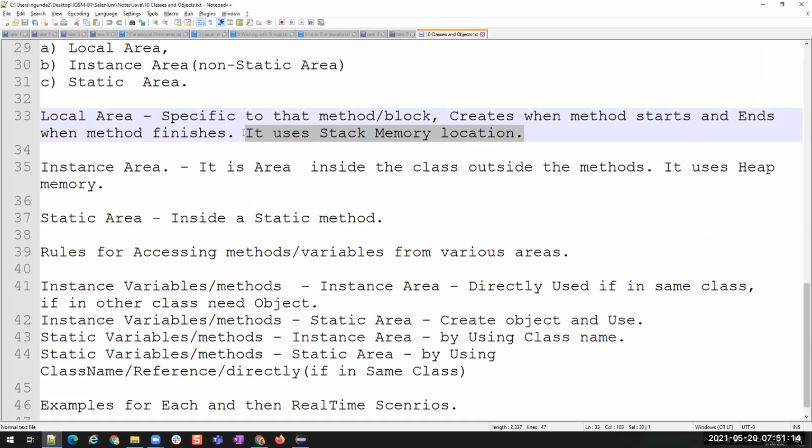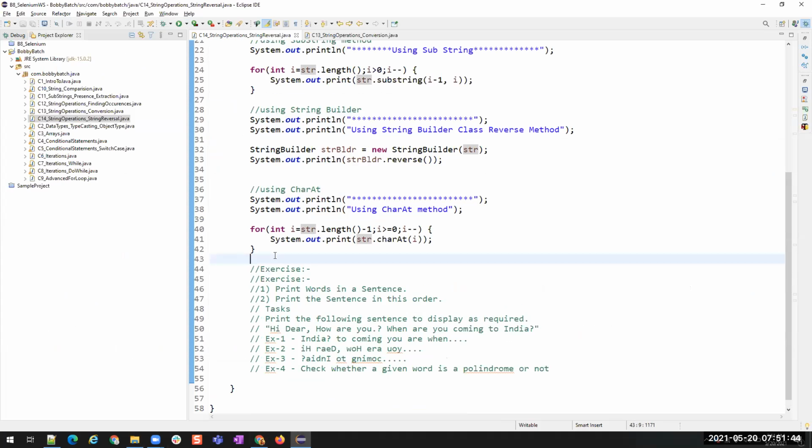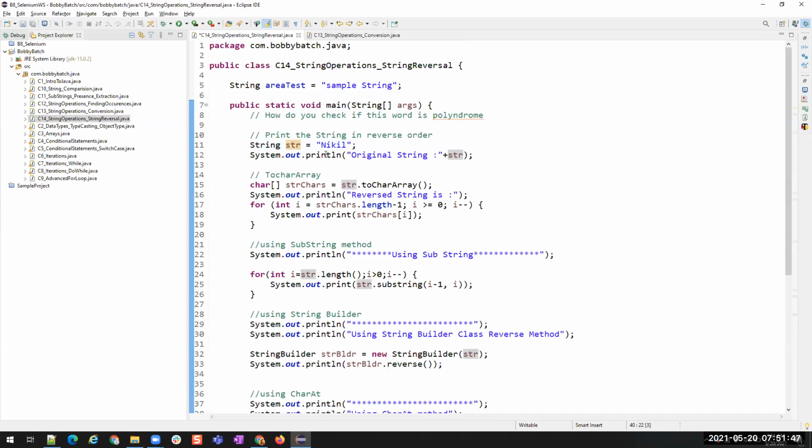Why they are stored inside the stack memory is because of a concept called garbage collection, which is not needed for us, and Java does that automatically. We don't have to do any garbage collection. For example, we have created a variable here and stored a value inside it. We have used it here and done some operations. But at the end, do we still need the memory allocated for the string variable inside the memory of our system?